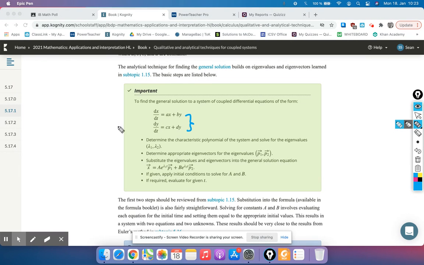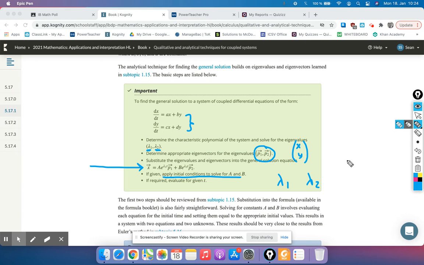Now to solve these, we've got this formula right here, in which A and B are constants, and we need an initial condition to figure out what A and B are. Then e to the lambda 1 t, where lambda 1 is our first eigenvalue, and e to the lambda 2 t is another eigenvalue. Then we have P1 and P2 with those arrows on top, those are vectors. So they're going to look like this, x, y,